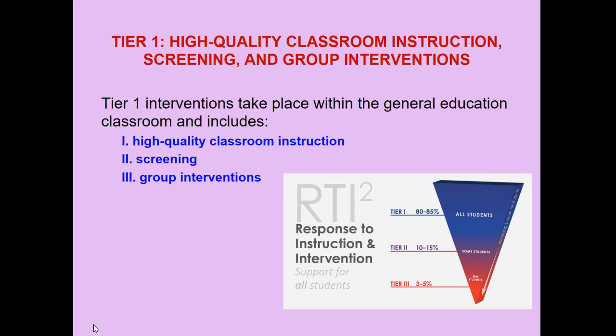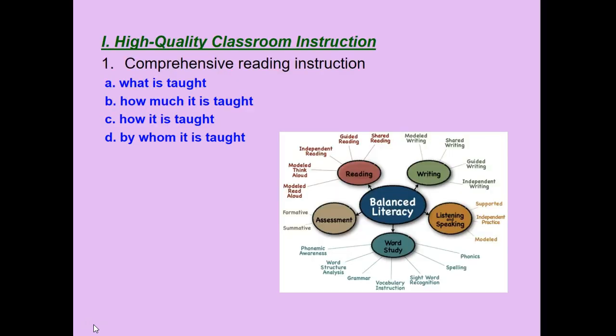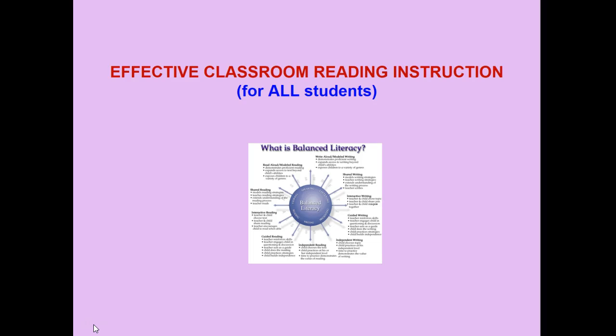Now, some people perceive Tier 1 as simply being high-quality classroom instruction for all students. Others see it as an intervention that takes place within the classroom. I've seen it interpreted and done both ways within school systems. So, high-quality classroom instruction refers to what is taught, how much it is taught, how it is taught, and by whom. Comprehensive reading instruction,